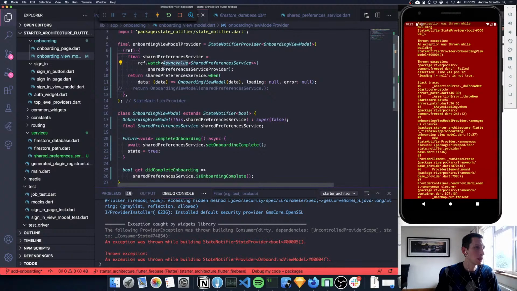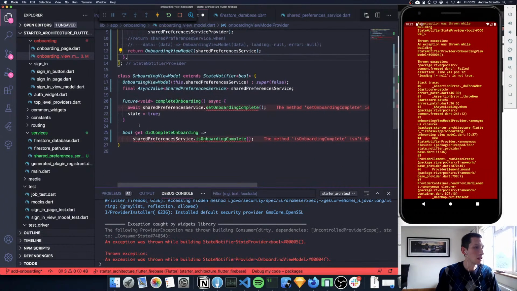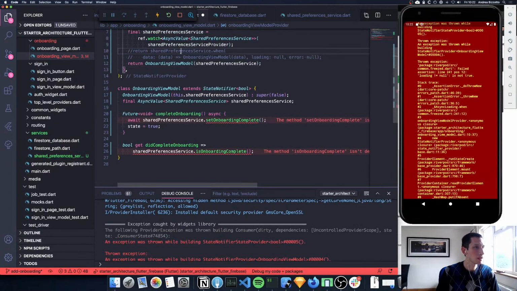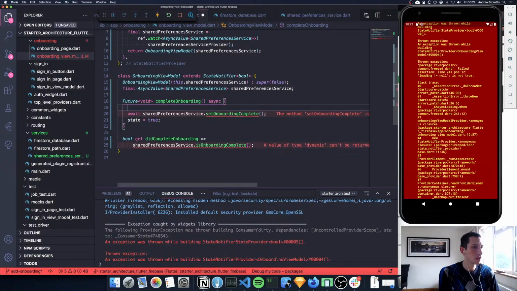I guess one way that I could go about it until I get a final answer is that rather than passing this as a shared preferences service, I'm gonna make it an async value. And so if that is the case, then here I can just return this and comment this bit out. The interesting thing about this now is that whenever I want to read this value, then I can't just call set onboarding complete, but instead I would have to do something like shared preferences service dot